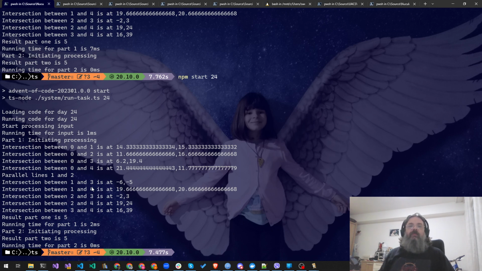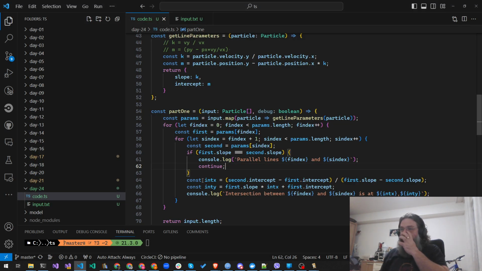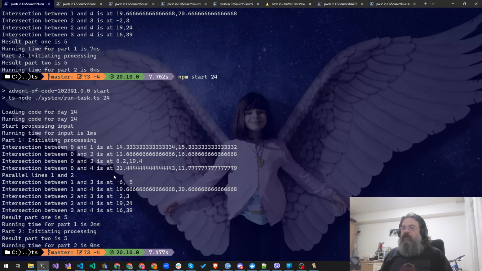Now, the next thing that we need to do is find out about the past. So now we will have the x and the y. And for example, for the first thing that occurs in the past, it's this one, 21.4 and 11.7. And we are comparing